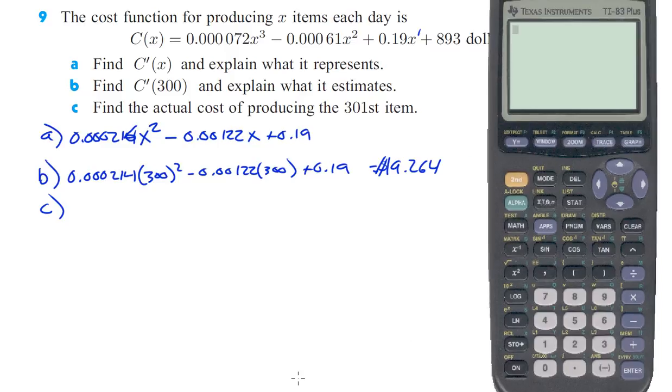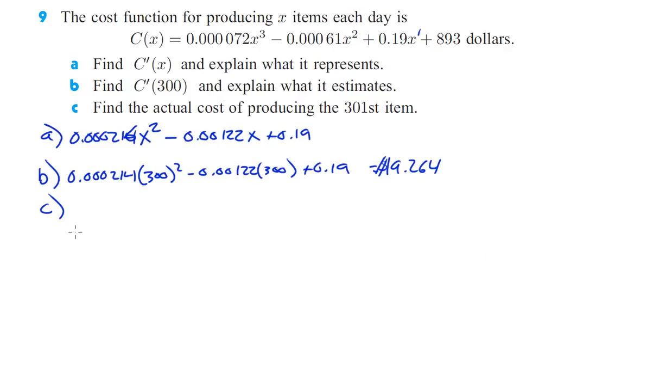Okay, before I start entering that all into the calculator, let's talk about what we need to do. What we really need to do is figure out how much it's going to cost to make 300, and then we need to subtract that from the cost of making 301, and that will tell us the difference between those two, how much it costs to produce the 301st item. Okay, so I'm going to enter those things in, and then we'll start back up. Okay, so here's the equation. I just plugged 300 in for all these x's here. Okay, so when we do that, we get